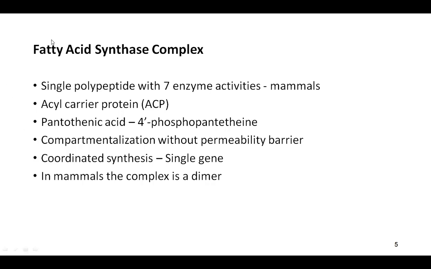For that, there is one enzyme complex which is involved. That enzyme complex actually contains 7 different types of enzyme. We will see the structure of that, then you will understand. So this is known as fatty acid synthase complex. So the first enzyme was acetyl coenzyme A carboxylase. That was the first important enzyme of the fatty acid biosynthesis pathway. The next enzyme is fatty acid synthase complex.